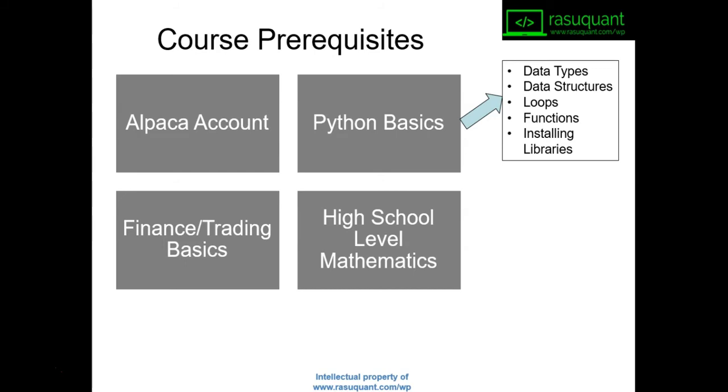and you should also be comfortable installing Python libraries. In addition, you're also required to have some basic finance and trading related knowledge. For example, what is a long position, what is a short position, what is a stop loss, how to modify orders, how to place orders, and things like that. Although when I'm explaining the strategies, I do cover these basic things, you are required to have this basic level of finance or trading knowledge. And then I also need you to have some basic high school level mathematical proficiency, because we'll use some basic high school level mathematical and statistical concepts in our strategies, for example, moving average, standard deviation, etc. So it'll be great if you have this knowledge as well.